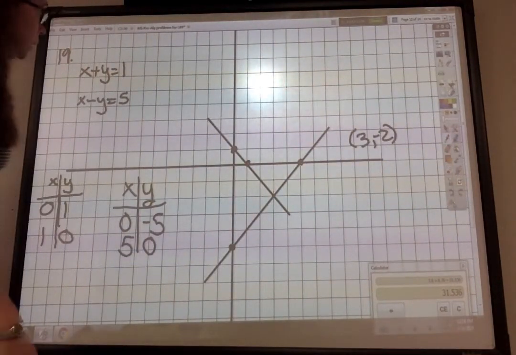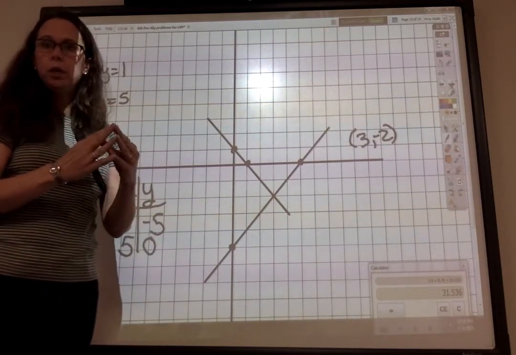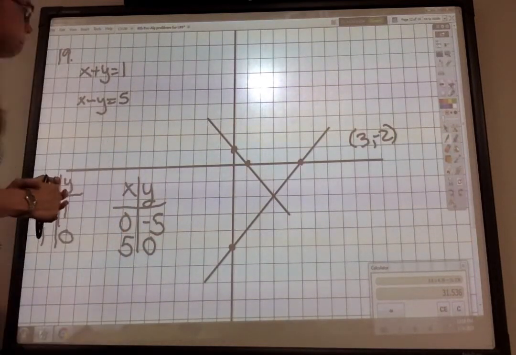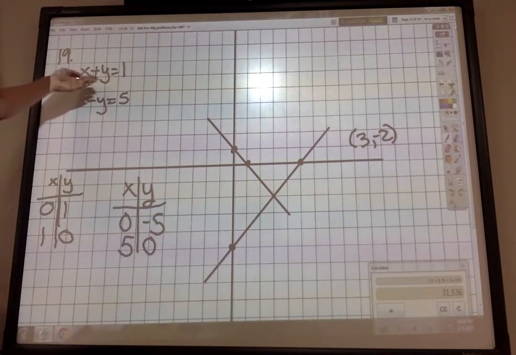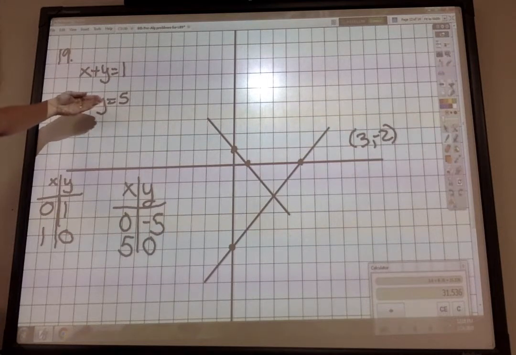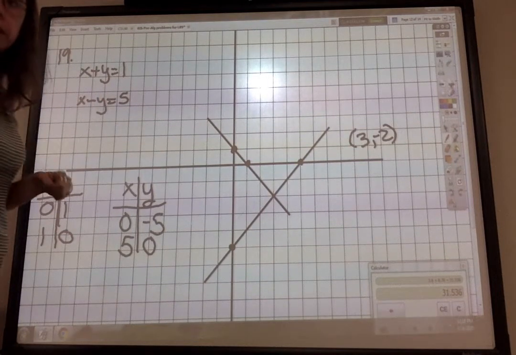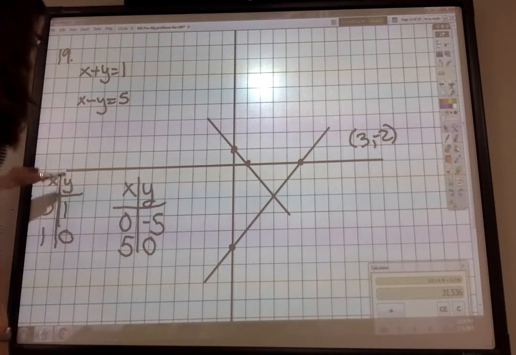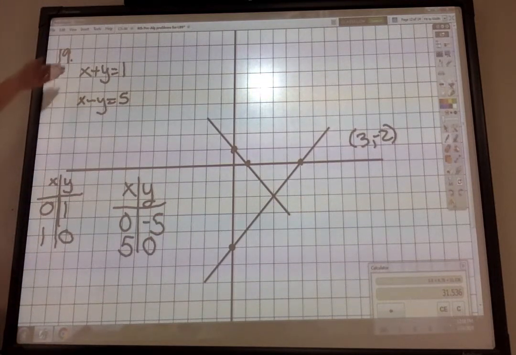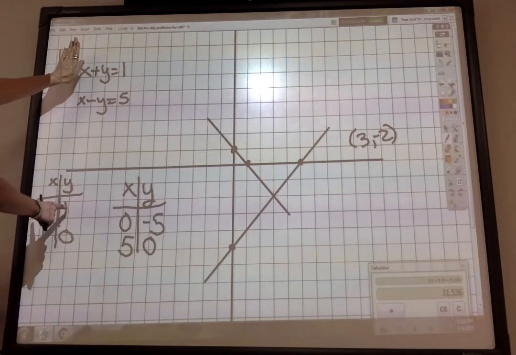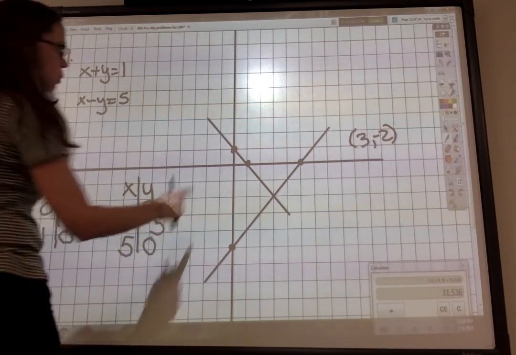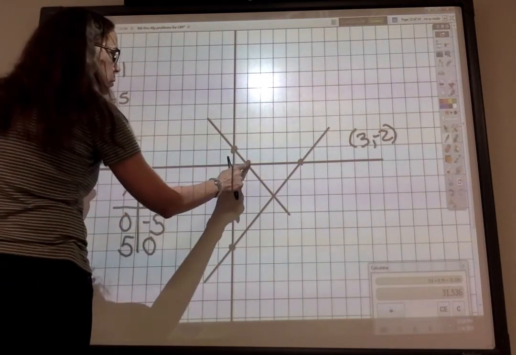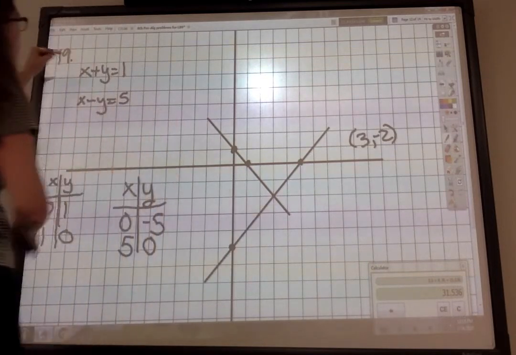Okay, number 19 is a system of equations graphing problem like we had yesterday. Our first equation is x plus y equals 1, and then we have x minus y equals 5. Now these are both in standard form, so we would graph them using our intercepts. So my first one, x plus y equals 1, if x is 0, y is 1, and if y is 0, x is 1. So I went over here, 0, 1 is here, 1, 0 is here. This is the graph of x plus y